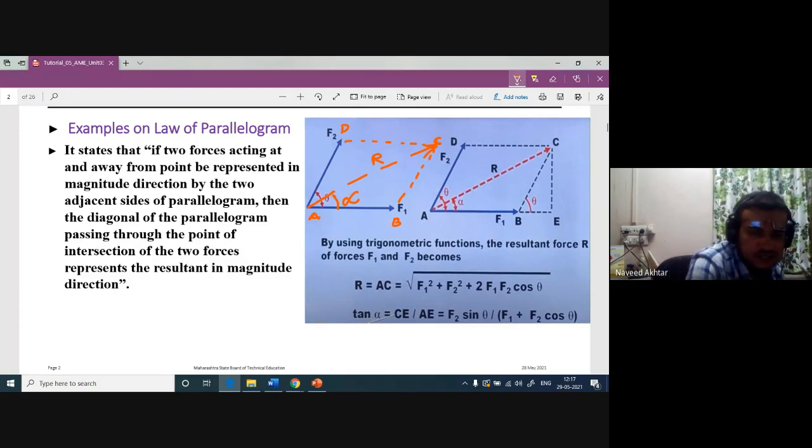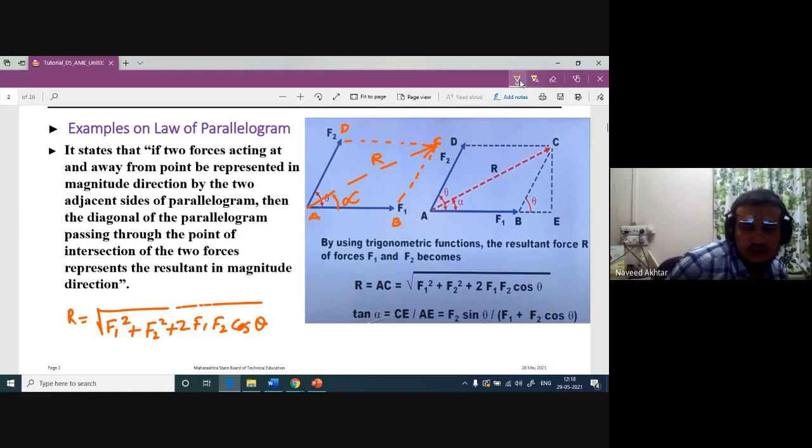And to find the resultant, we are using the formula R is equal to under root of F1 square plus F2 square plus 2 F1 F2 cos theta. Already the derivation we have seen in the classes. Theta is the angle between the two forces. And also when we have to find the angle alpha, tan alpha, you can find out